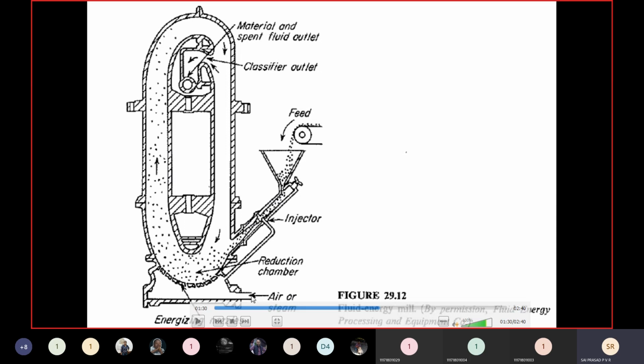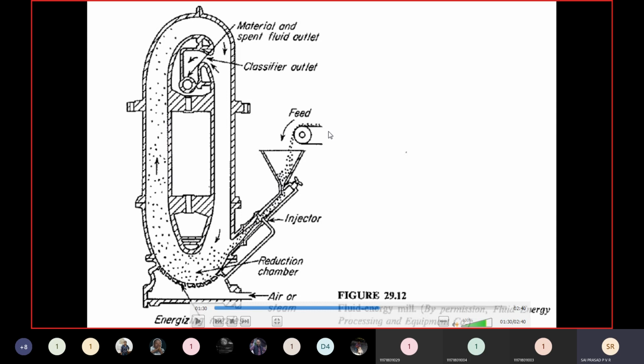And as it is sent from the bottom, these are the nozzles, the energizing nozzles. Through a narrow gap, what will happen? This high pressure stream will be leaking with the highest velocity into the system. As it is introduced, it will be moving in a loop. There is high turbulence because the velocities are very high, as it is released at high pressure through the energizing nozzles.